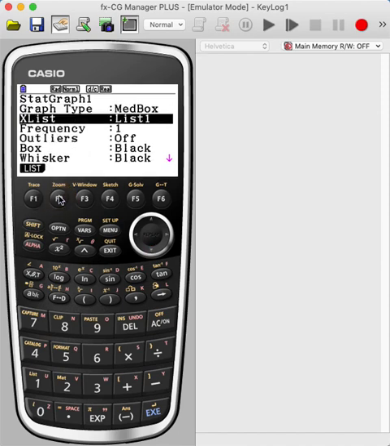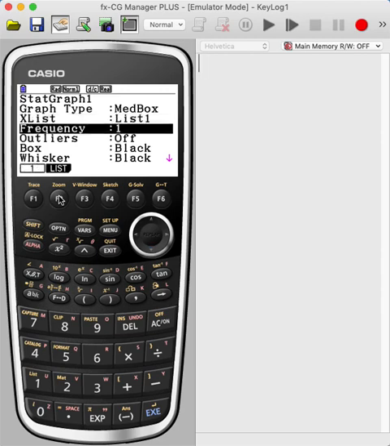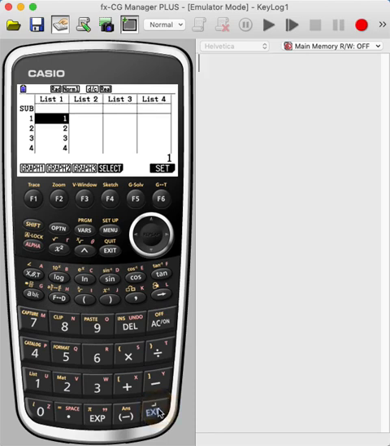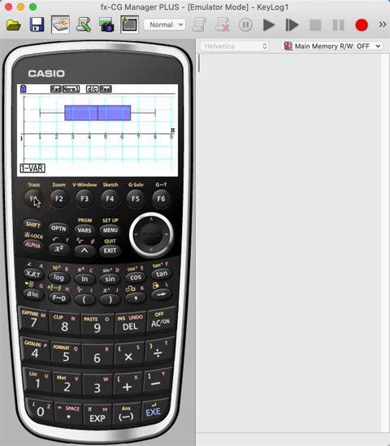Well, I want all the data that's in list 1. That's where my data is, so that's good. Okay, outliers. I want it to calculate outliers, so I'm going to hit on, F1. Okay, now I hit execute, and there we have it. So now I want to make that box plot, so I hit F1 for graph, and there's my